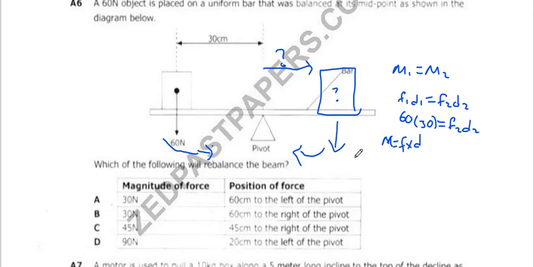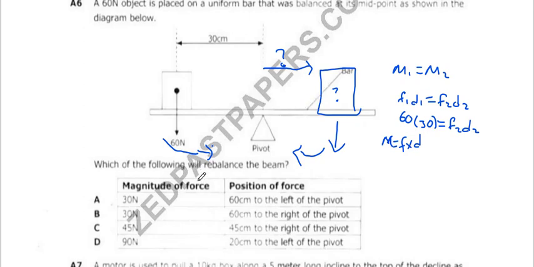So let's look at the options that we've been given. We have a magnitude of 30 newtons at a position which is 60 centimeters to the left of the pivot, to push it this side, meaning we're going to have another force here, which is 30 newtons, which is also going to be bringing this bar into an anti-clockwise position, and I really don't think that would give us